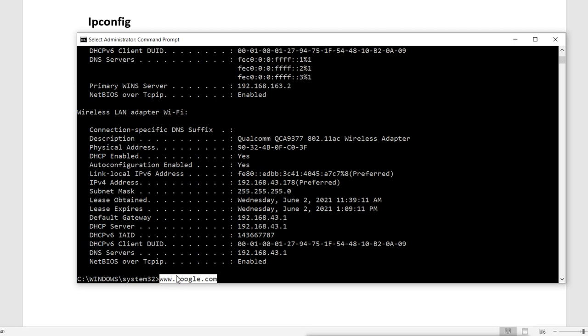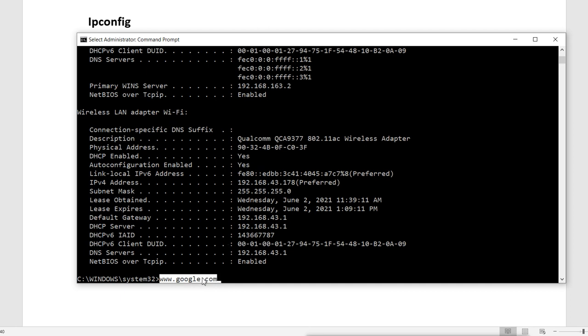So when I try to connect to this site, my request will go to the DNS server, and the DNS server will send the response, and it will send the IP address of this URL. Now what will our machine do? Our machine will cache that information. So next time when I log in or when I try to access this site, it will not go to the DNS server to get the IP address of this URL.